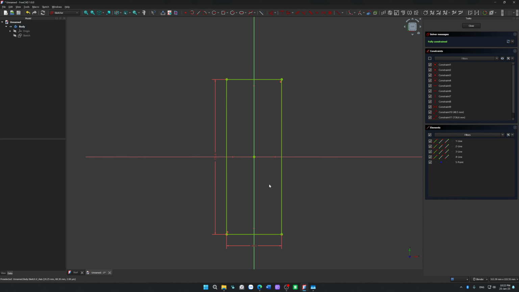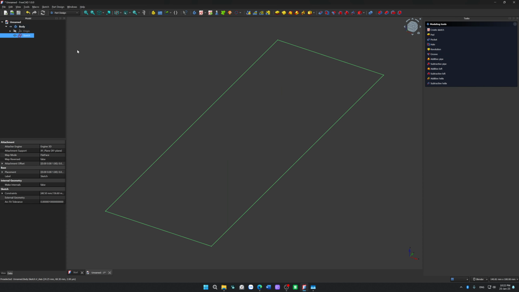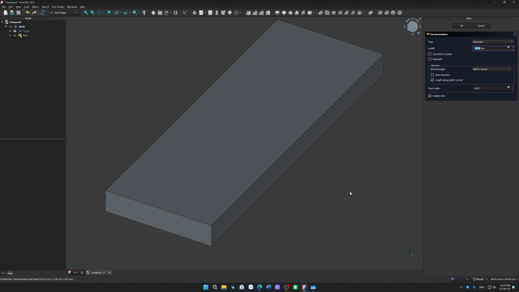Okay, since we are modeling for the thickness only, this is good. I should name it top profile. Create a path operation. Now for the thickness of this thing,